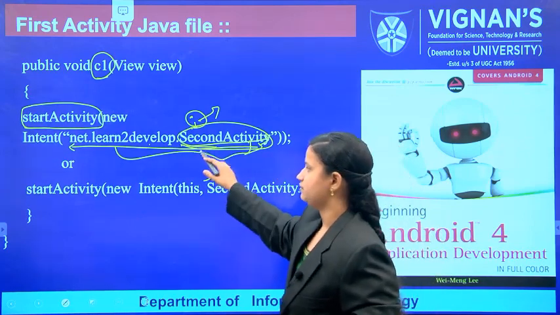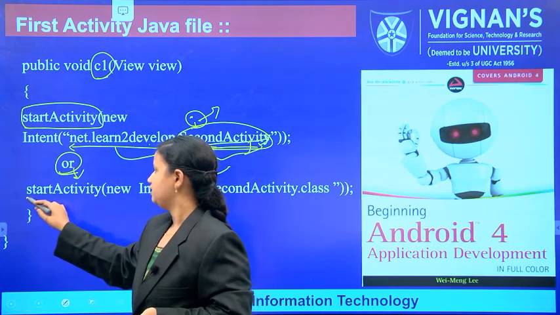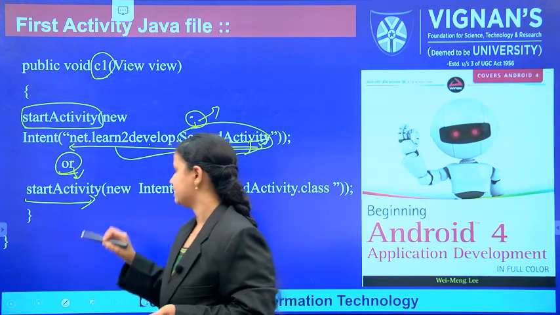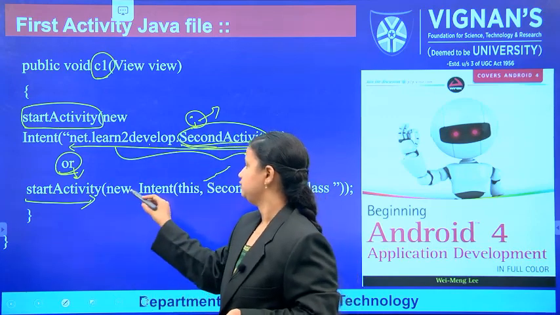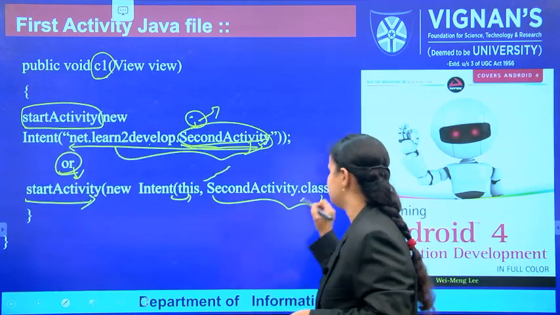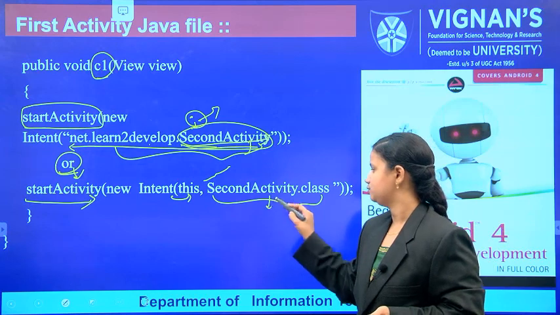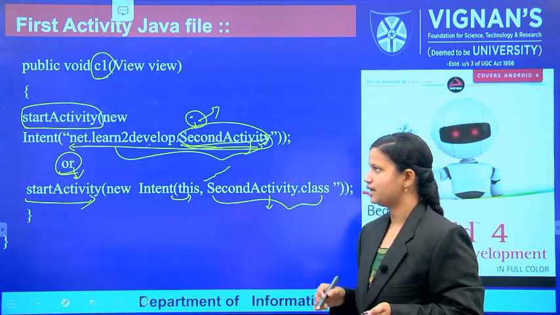This is one of the ways to call the activities. The second way uses the same startActivity, but a new intent is created with this application, and we have to mention the Java class file, SecondActivity.class.